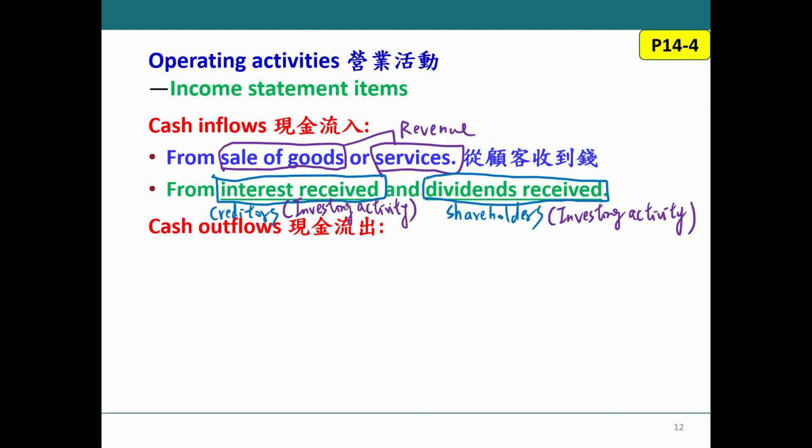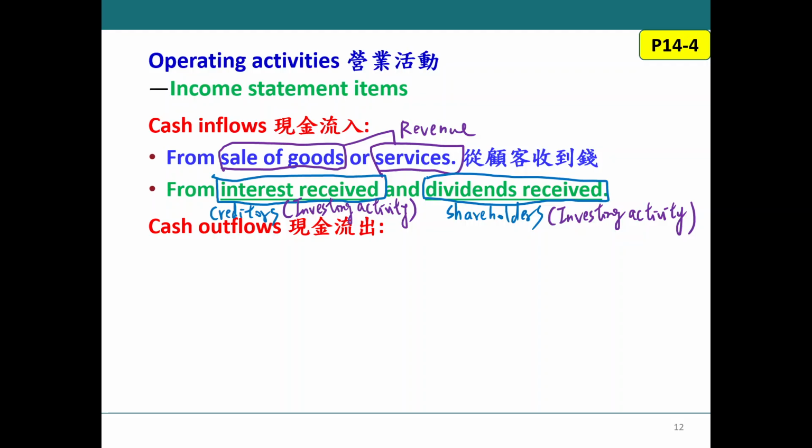Okay, so did you find out? For interest received and dividend received, you are creditors or shareholders. So in nature, what kind of activities is it? Investing, right? So for these two, normally, usually, which activity should we put it into? Investing, right? But here, we give you a special option because for these two, we could find out these